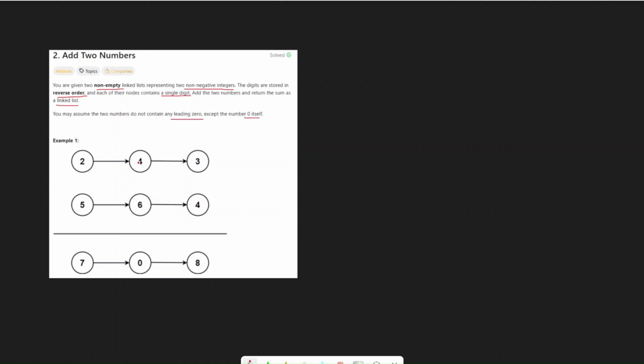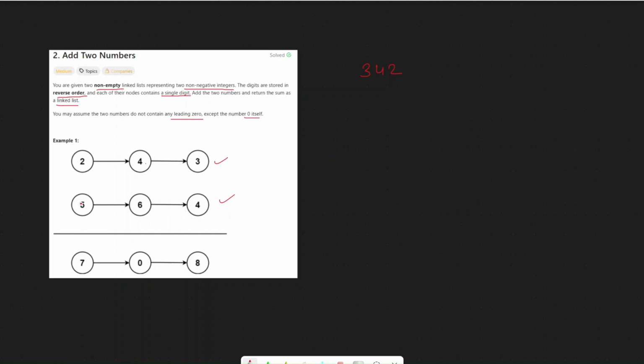So what the problem is saying is we are given this linked list. Each of these nodes can only contain one digit: 2, 4 or 3. This linked list is stored in reverse order, so our original number was 342, and that's why the linked list is 2, 4 and 3. Now what we need to do is add these two linked lists, and the final answer should also be a linked list which would be the sum of these numbers.